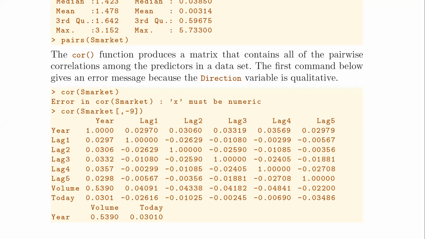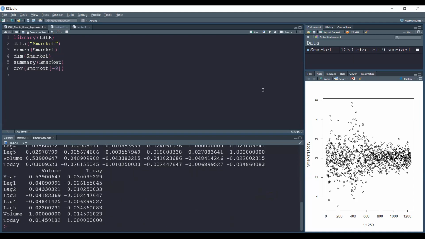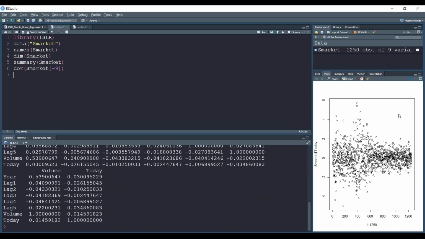The first command below gives an error message because the direction variable is qualitative. So we're going to remove the last column to get rid of any qualitative data. So we're going to have core. We don't tell it S market, we tell it S market, remove the 9th column. And I would rather see that